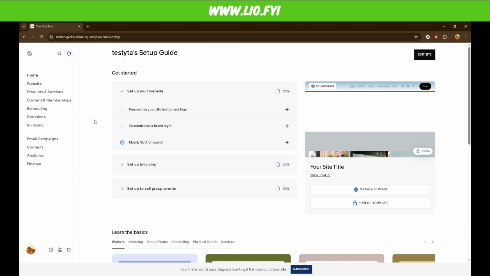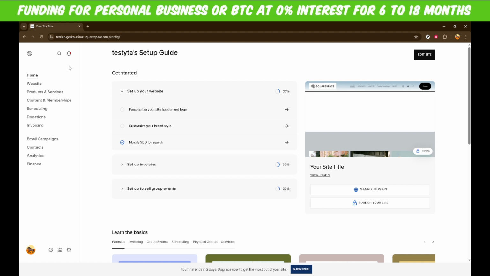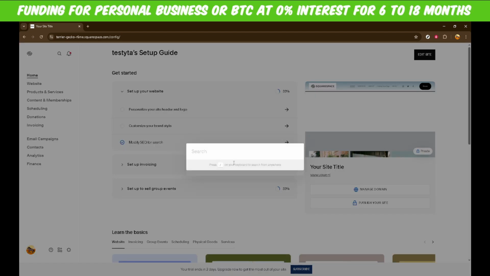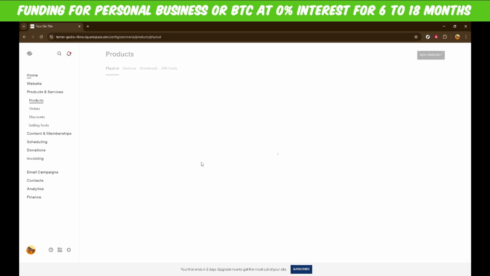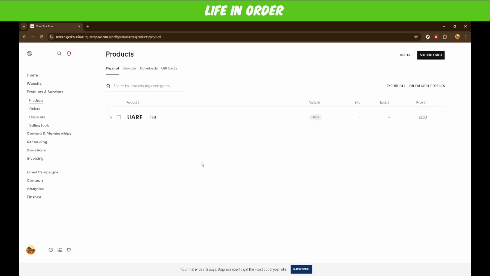Once you're there, you will see a search bar. This is a convenient tool that helps you quickly find what you're looking for. In the search bar, simply type in Products. This will lead you to the section where all your products are managed. When you see Products, go ahead and click on it. This action will take you to your list of products, a central hub where all your inventory is displayed and